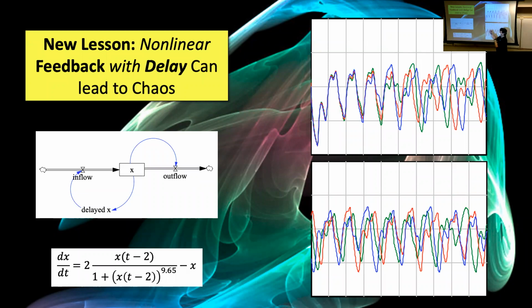It's a dog trying to catch its tail, but it has so much of a delay in its perception of where its tail is that it keeps going to the wrong place. And in doing so, it moves the tail even farther away from itself, so that the initial condition of the dog when it started chasing its tail is going to totally determine whether the dog bounces off this wall or that wall and so on and so forth. That's what we're seeing here.